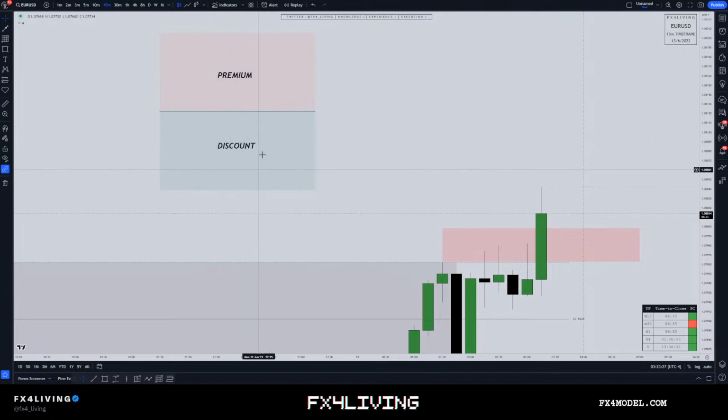And this is your discount level, so that means when the price goes back down inside a discount level, you're interested to buy, you know. So you want to buy in discount, you want to sell in premium. So right now